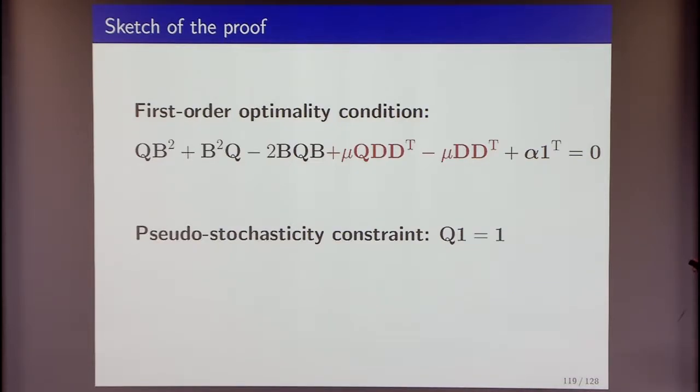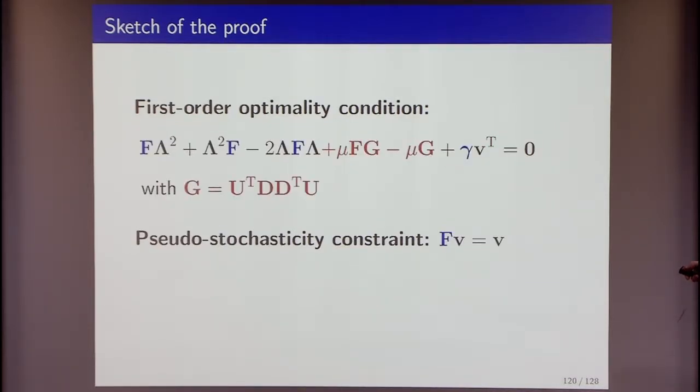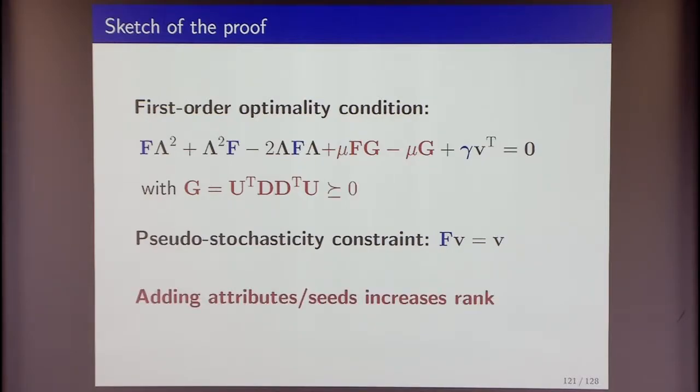I can again reparameterize this in terms of my matrix F. So what I will have here is a linear term in F that is multiplied from the right by this G. And this matrix G, you can think of it as the Gramian matrix of the attributes parameterized in the eigenbasis of my adjacency matrix. But this matrix, of course, is positive semi-definite. So adding attributes or seeds will